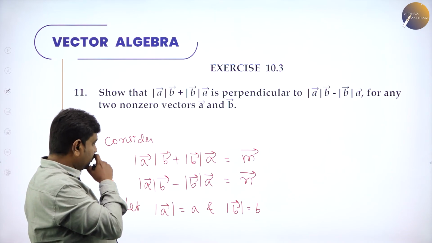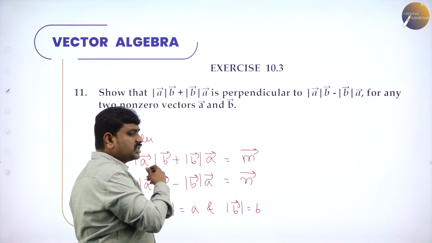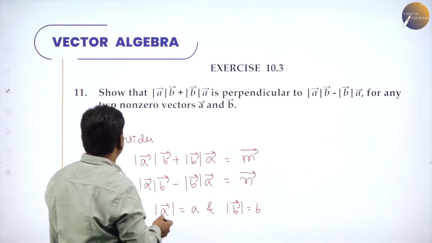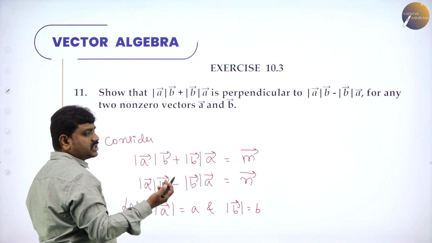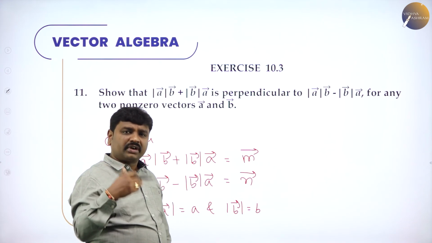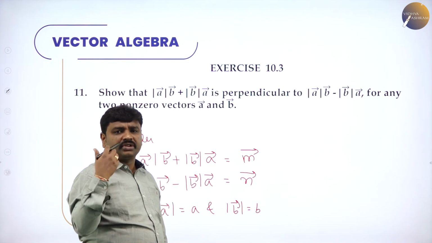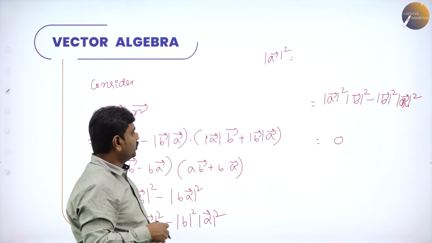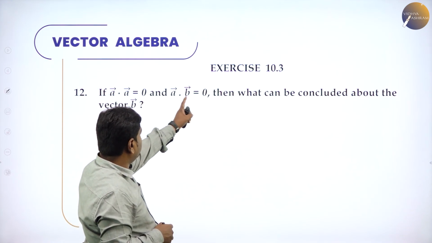So you know how to do the dot product of vectors. For that you have to consider, you can do it by two methods, any method is fair. Consider vector a equal to a1 i cap + b1 j cap + c1 k cap, and vector b equal to a2 i cap + b2 j cap + c2 k cap, and you can continue. Suppose a dot a is 0, a dot b is also 0.